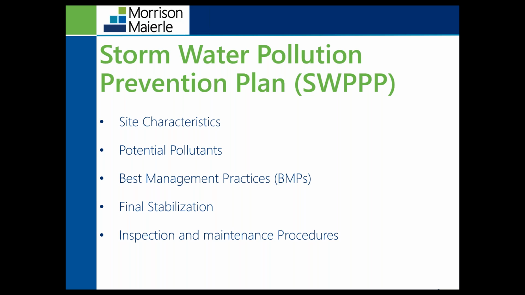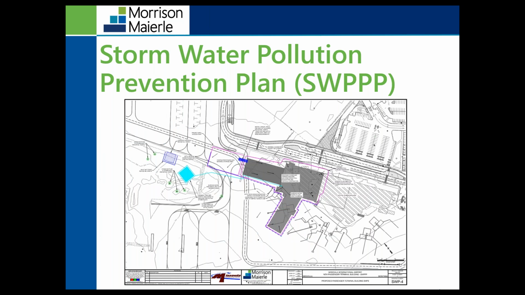This stormwater pollution prevention plan is a living document. It can be revised and updated throughout the entire project. So if you submit the SWPPP and then construction starts and you determine that the SWPPP is inadequate to prevent pollutants from discharging from the site, you can then revise the SWPPP and add additional BMPs to ensure that you're minimizing pollutants from discharging from the site. As part of this SWPPP too, you'll have to prepare a SWPPP site map. It's a plan map to display site conditions and all BMPs to be implemented on your construction site.